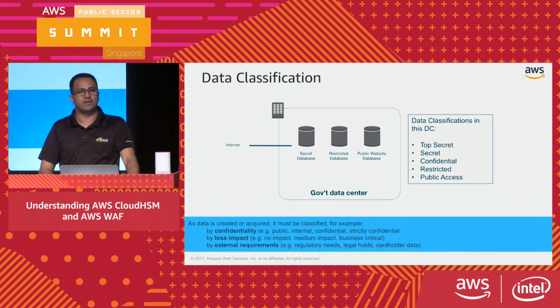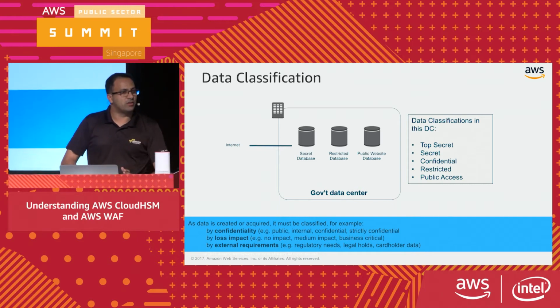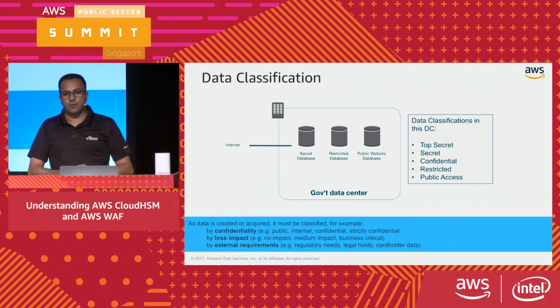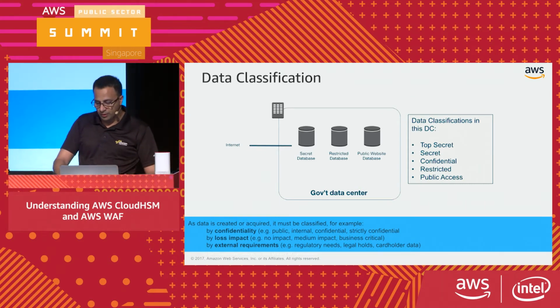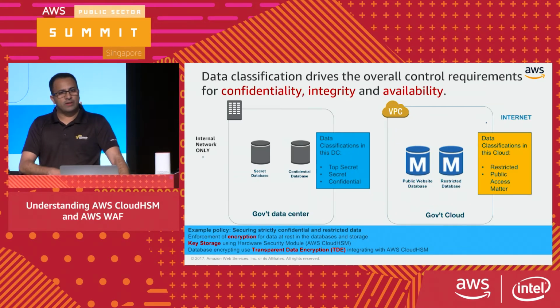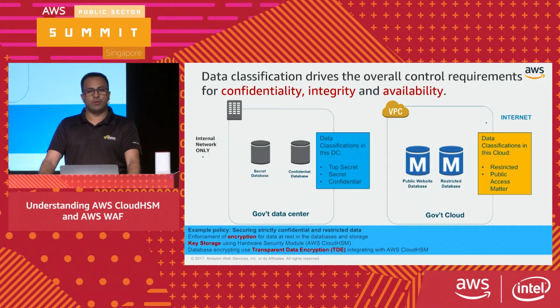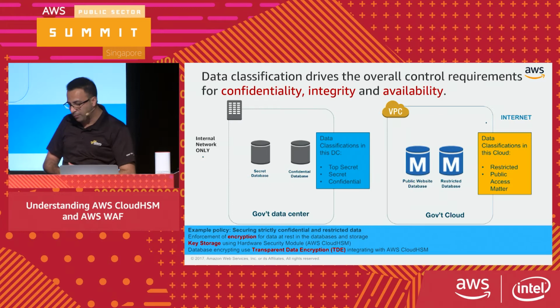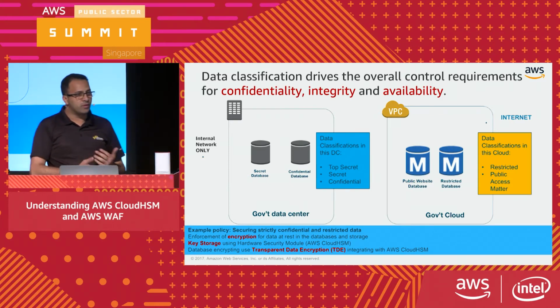So if you've got some sensitive data, business critical data that is being hosted in the cloud, you need to understand the loss of impact for that. And then further, understand what are the external requirements or internal compliance requirements that data needs to meet. So your entire data classification then drives your overall requirements on you deciding on what is going to move to the cloud. So if you decide moving, as I have in the example, moving your unclassified or your restricted workloads